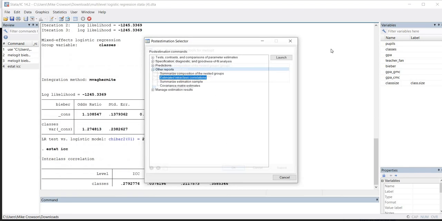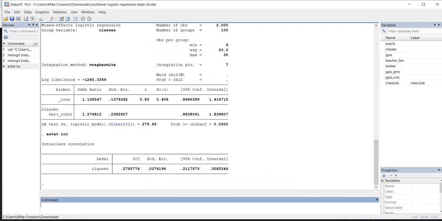So we can click on OK, and now we have the intraclass correlation coefficient that has been estimated right here. So it's 0.279. Heck et al., in their book, talk about conventional thresholds for what indicates substantial clustering. A conventional threshold is about 0.05, but other authors go into more detail, or at least